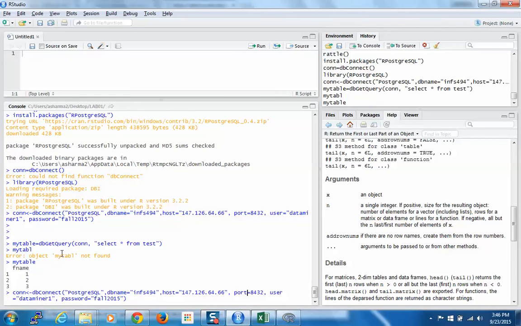In the db-connect function, the first part is which particular database you're connecting to. It's always going to be PostgreSQL because our PostgreSQL package is meant for PostgreSQL. The DB name is going to be INFS494. Again, be cognizant of the fact that R is a case-sensitive language. Capital INFS494 is not going to work. Host is